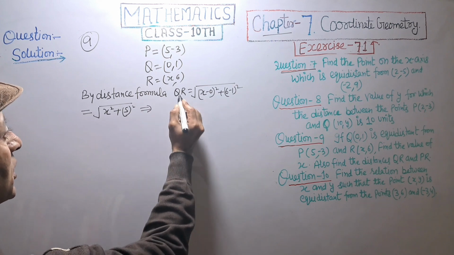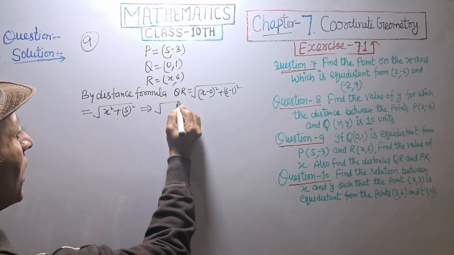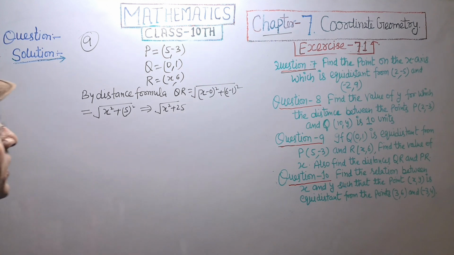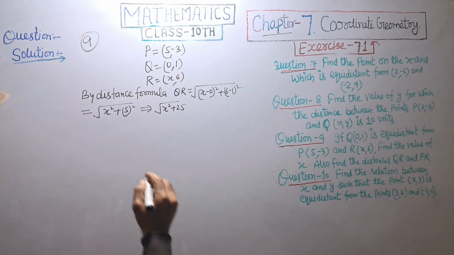This implies QR is equal to under root of x square plus 25, and